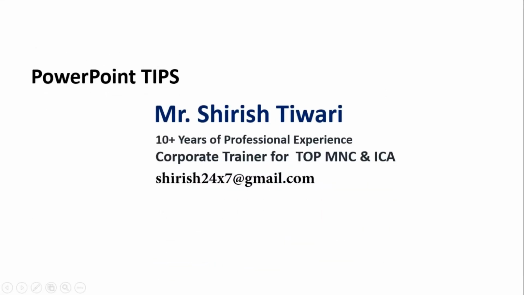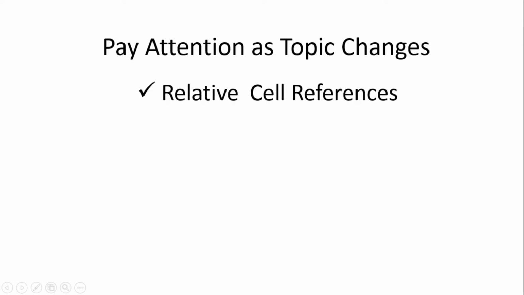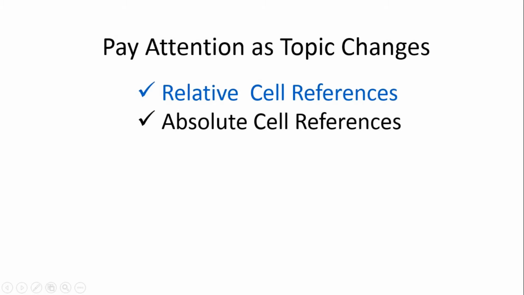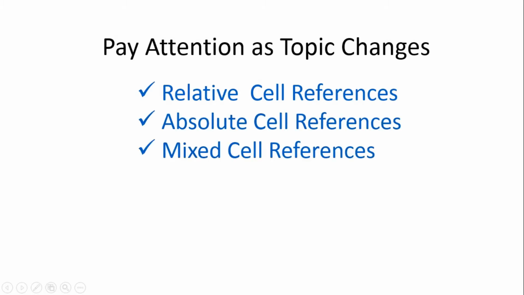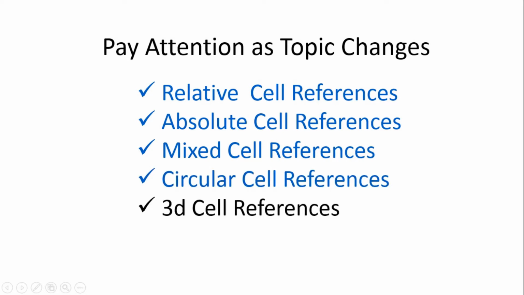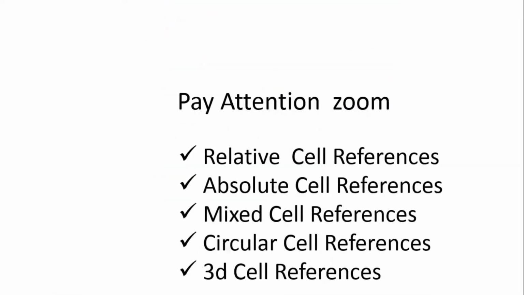When I click on this presentation, you can see a number of animations. These are very common animations which we have learned already. Now you can see the heading called Pay Attention. As the topic changes, when I click on the screen, you can see the color automatically changes. That means you can focus your audience on the color. When you click, your audience can automatically understand what topic you are presenting. For example, you are a presenter, so you can explain, okay, currently we are running with this topic.